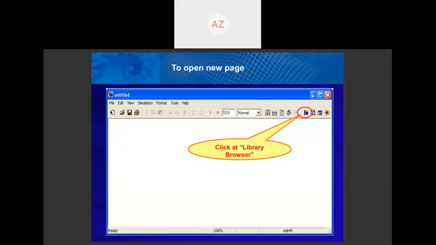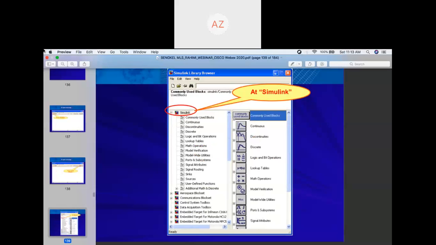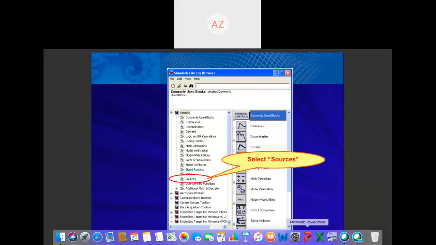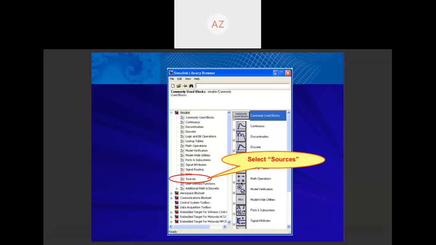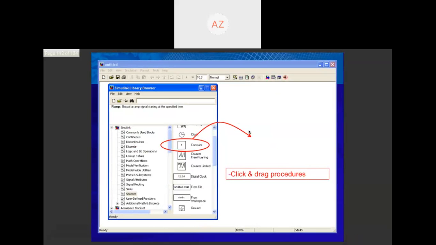Again, we can find any components in the Simulink library browser. Click at Simulink and select sources, then select constant, and just perform click and drag. We have a constant here.